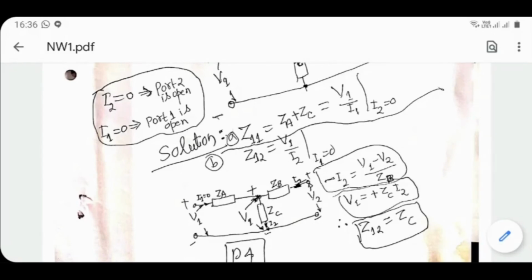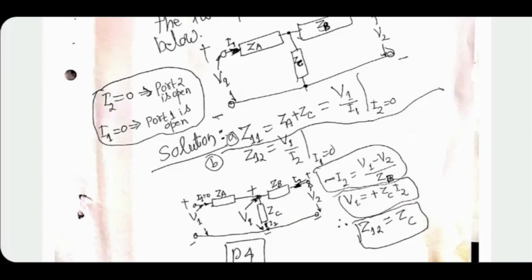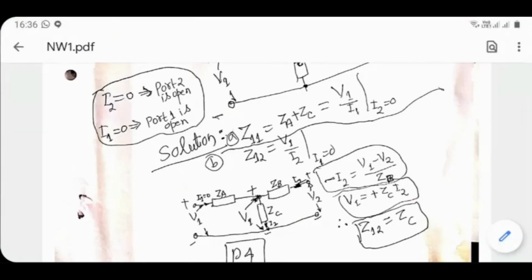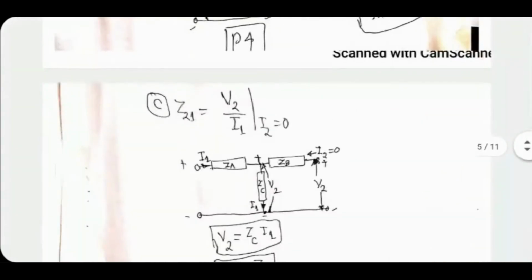Now you apply basic circuit theory. You write these two equations. I don't think there is a mistake. Keep in mind the directions. Both currents are assumed to be going in. That is the way the theory goes. So with that in mind, I've got two equations written here, and the ratio V1 to I2 turns out to be ZC in this case. So Z12 is ZC. Once you get the document, you can go through it once again. Make sure you get this.